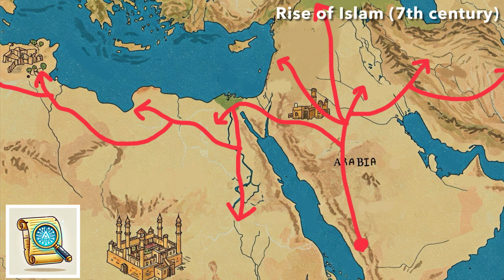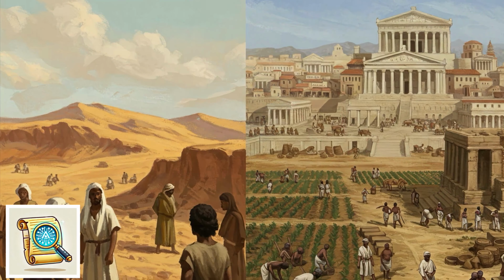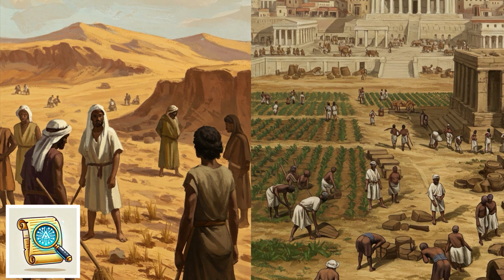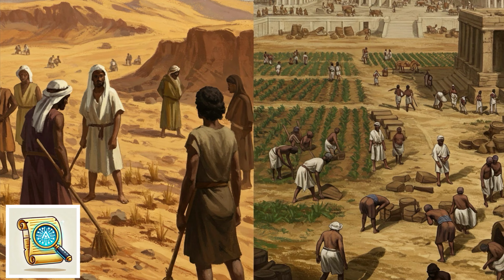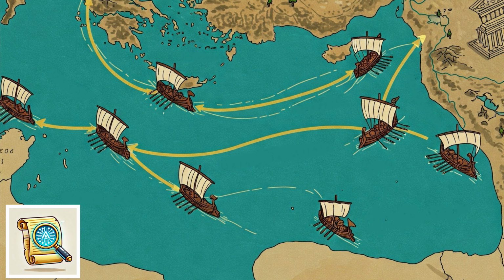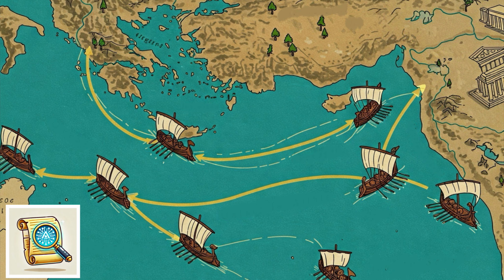The Arab slave trade, also known as the Islamic slave trade, began in the 7th century, shortly after the rise of Islam. However, slavery was not a new institution. It was rooted in pre-Islamic Arabian, African, and Mediterranean practices. With the expansion of the Islamic caliphates, the trade grew dramatically, spanning from West Africa to East Africa, the Middle East, Central Asia, and even parts of Europe and South Asia.